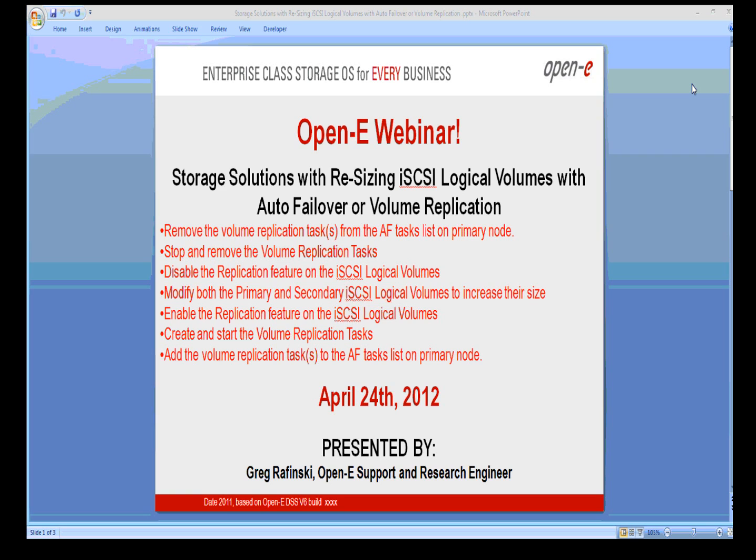However, you will notice as we go through this, we will need to disconnect initiators that are connected to the volume that we need to expand, as well as remove its replication tasks so that we can expand the volume on both nodes. As you can see here on the screen, the steps that we're going to go through here: